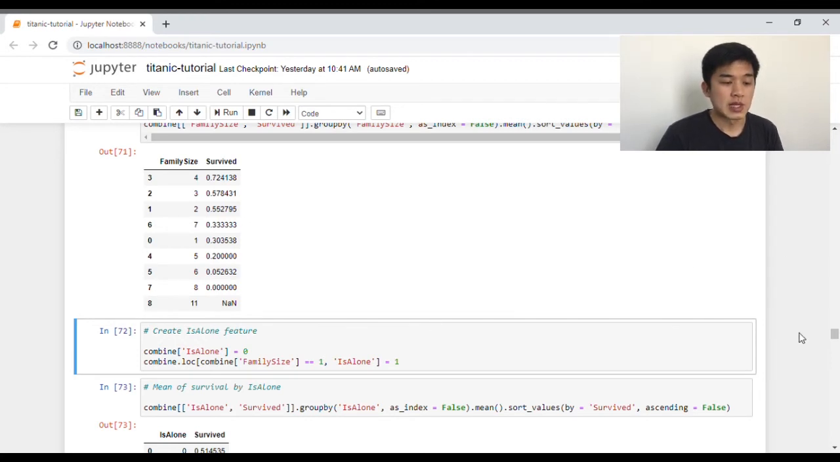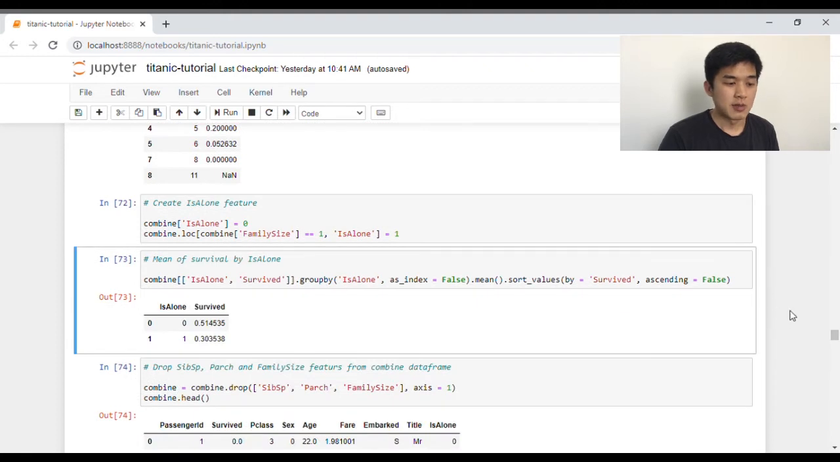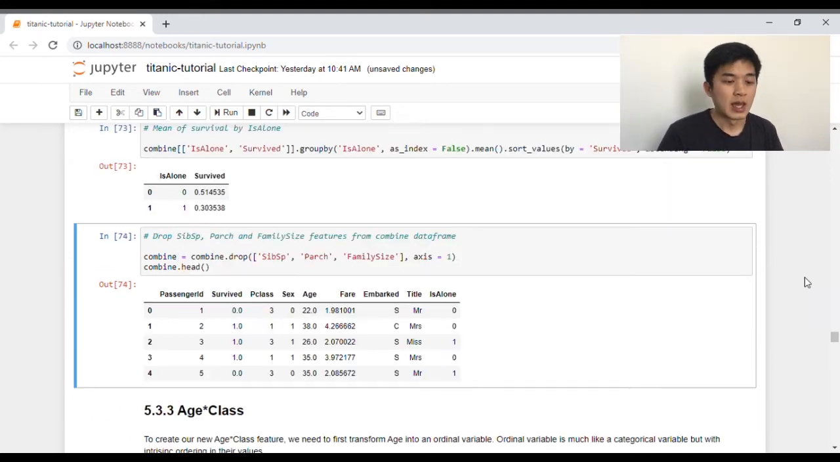So passengers with a family size of 1 will receive the value 1 in the isAlone column. The remaining passengers will receive the value of 0 in the isAlone column. Now calculate the mean of survival by isAlone. So as you can see here from the output, passengers that were not alone on the Titanic were more likely to survive than passengers that were alone. And so after creating our isAlone column, we're going to go ahead and drop the subsp, paj, and family size